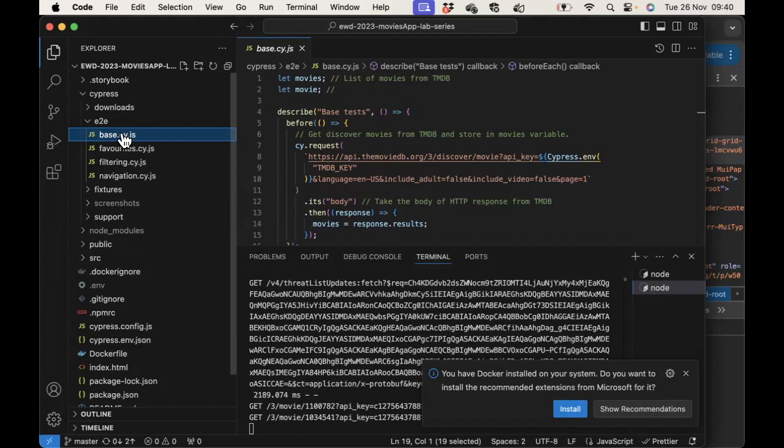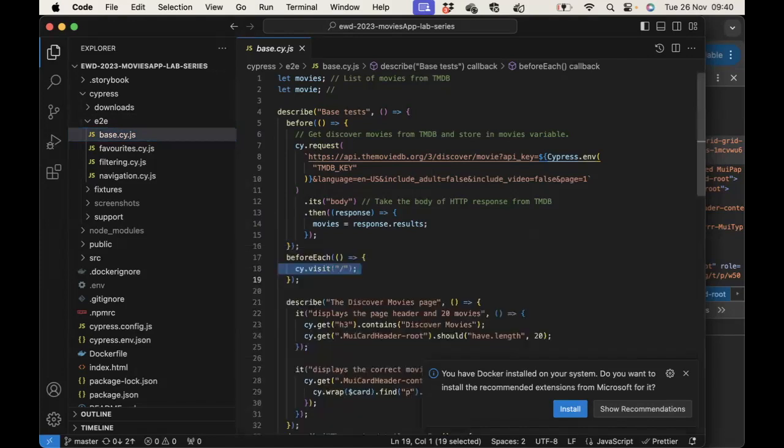And by that I mean, for example, in the home page, it displays the page header and it displays 20 cards, because remember in the home page it should display 20 movies from the Discover API. So I just check to see that there are 20 cards being displayed on the home page. So if I look at this file,